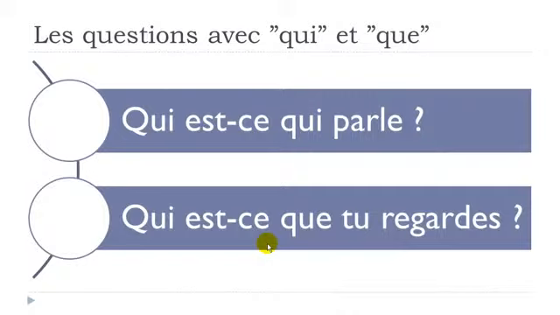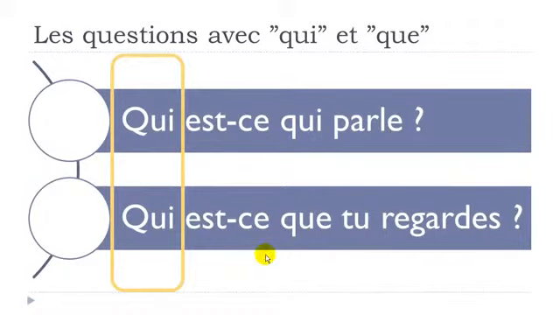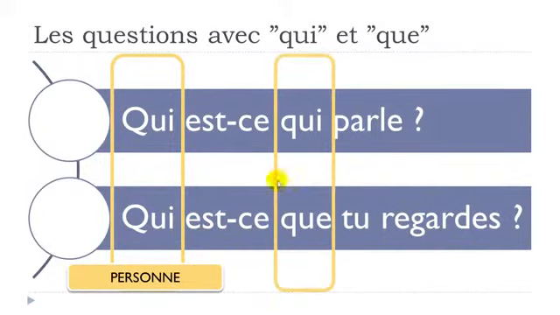So the first thing that we've got to remember, yes, it's here. So the first part here, this qui, well, we will use this qui here just because we want to have the information and it concerns a person. Who, okay? Qui means who when we start the question with it, okay? Qui est-ce qui parle? Qui est-ce que tu regardes? And then we've got the second part here, as we saw, and it's quite interesting because we've got two options here, the first one and the second one.